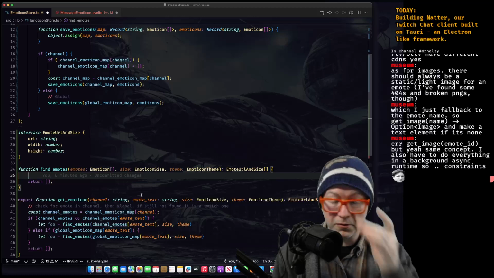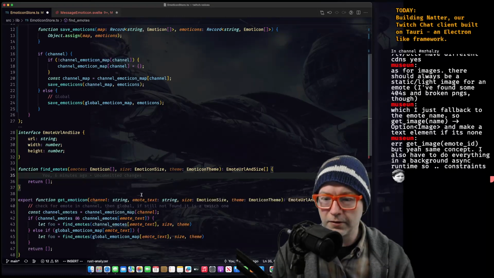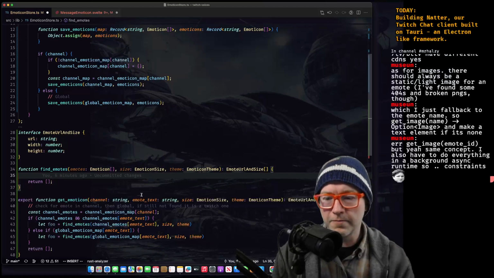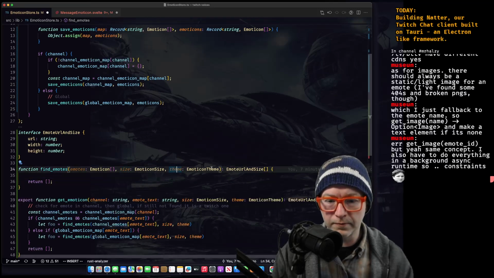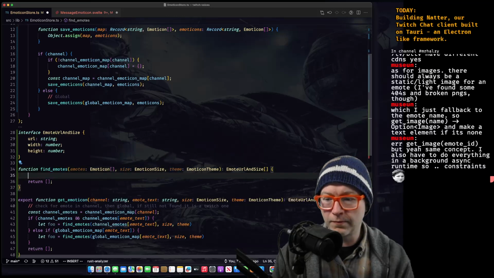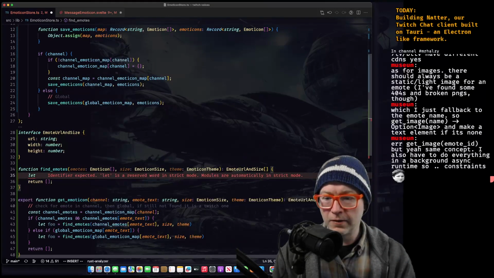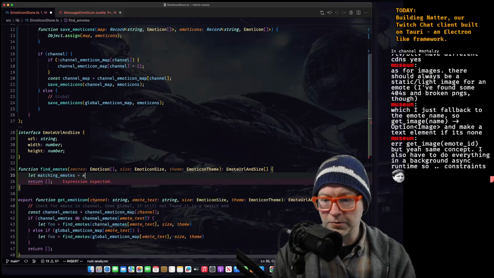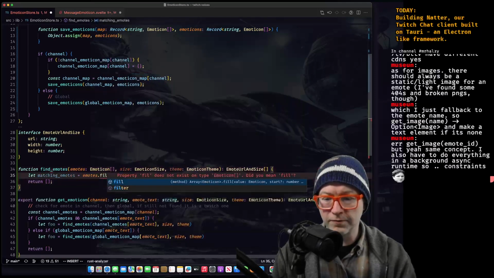Let's keep it simple. I don't really feel like doing the full regression on things here. Matching emotes equals emotes.filter.